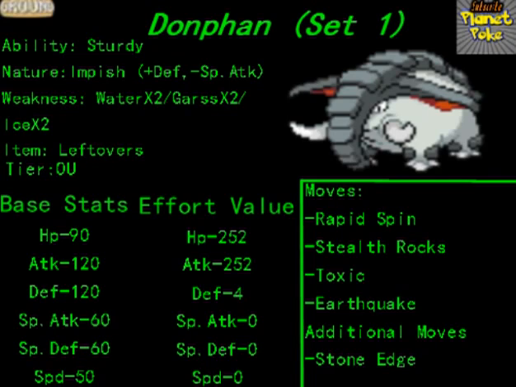And Donphan, if you miss out on the Rapid Spin Stealth Rock combination, is sort of a sad set, but